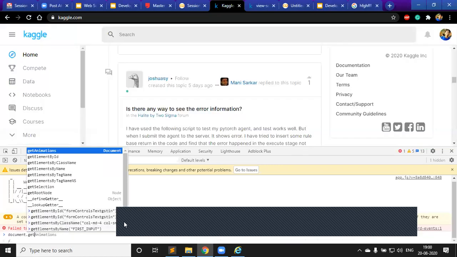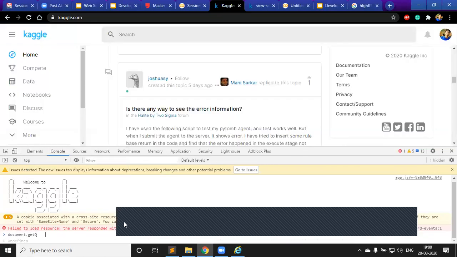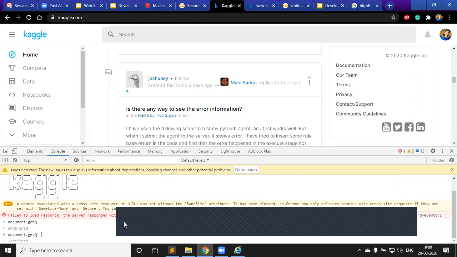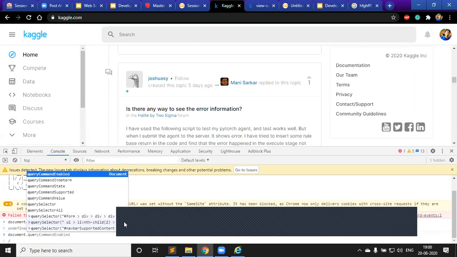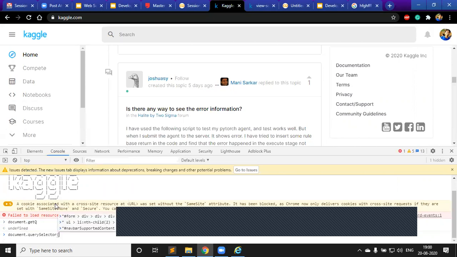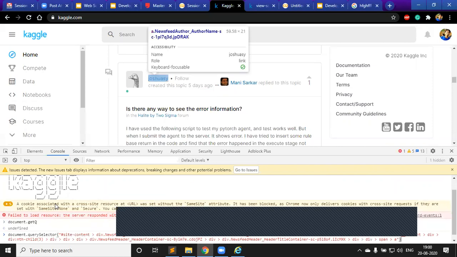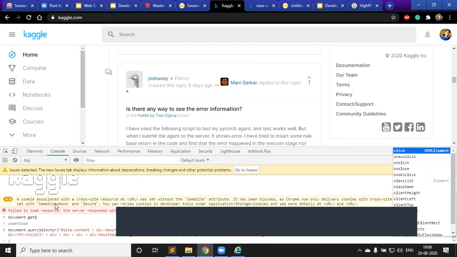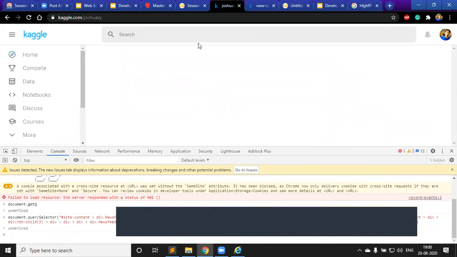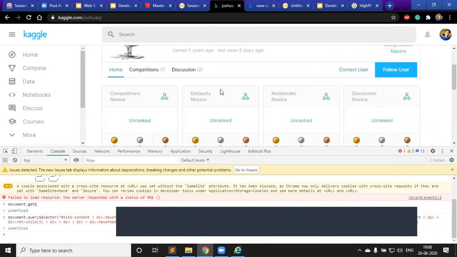And I could use query selector, and then I could click it. If I click it, this would be clicked,